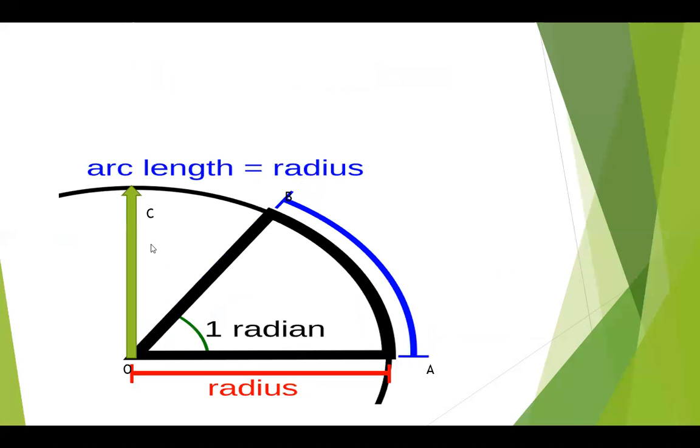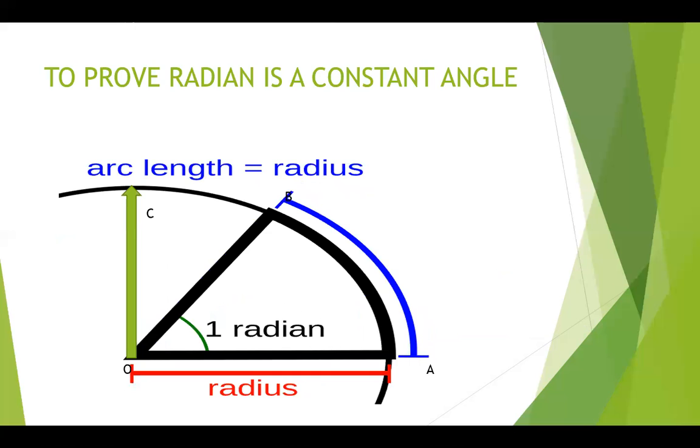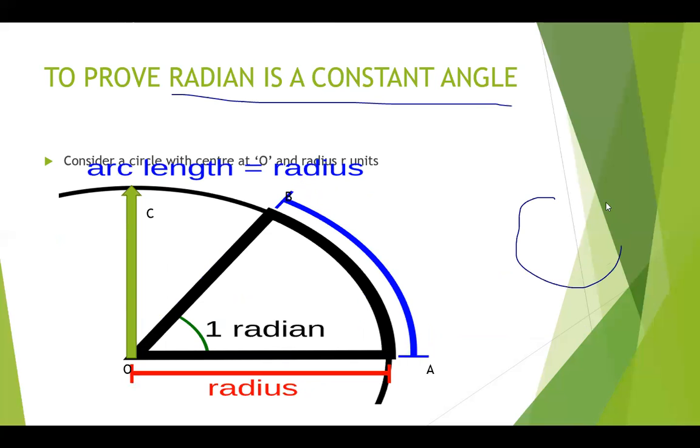Then let me prove a theorem here. I will now relate the radian measure to the degree measure. For that, the statement is: to prove that radian is a constant angle. Here I will consider a circle. Let OA be the radius of the circle, suppose of length R. Then choose an arc AB. If this is 5 centimeters on the circumference of the circle,